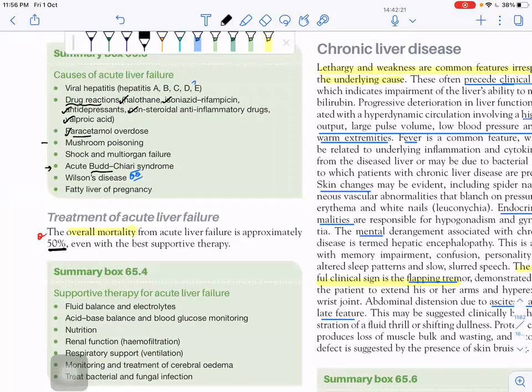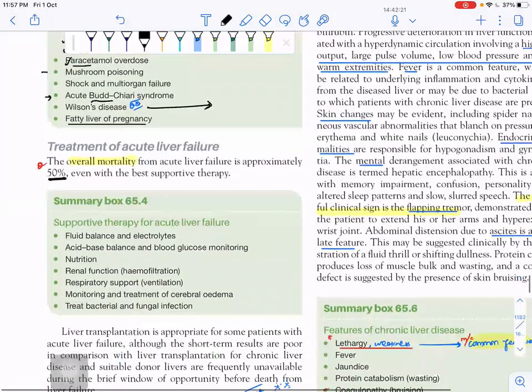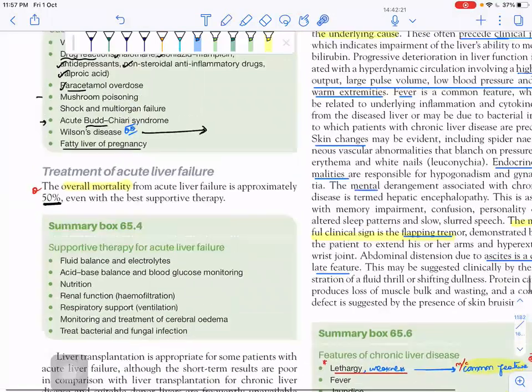Budd-Chiari syndrome also presents as acute liver failure in acute stages, and among metabolic liver diseases, Wilson disease is the most common. Okay, so Wilson's disease you have to remember, and fatty liver, even fatty liver of pregnancy is acute. Normal fatty liver hepatitis is not acute, but fatty liver of pregnancy is acute. Okay, and you have to see the treatment of acute failure. The overall mortality is 50%. Okay, so